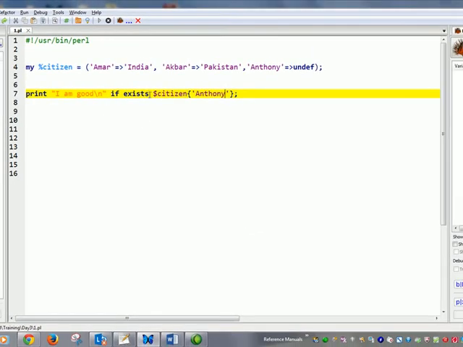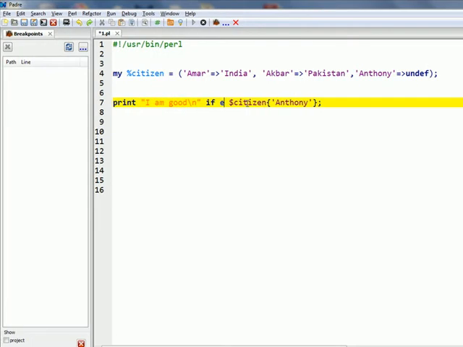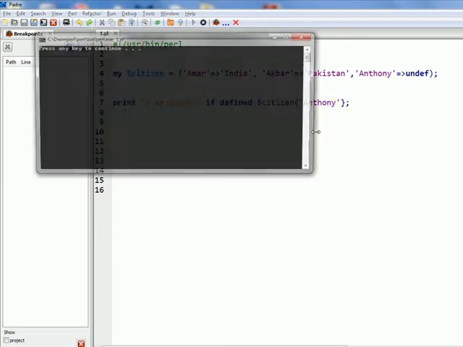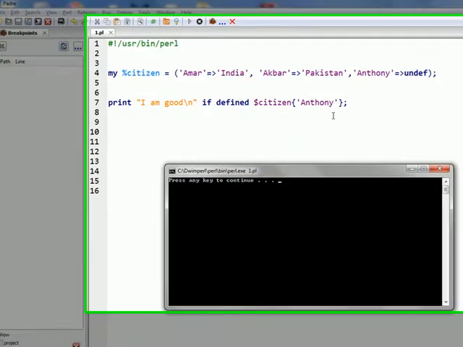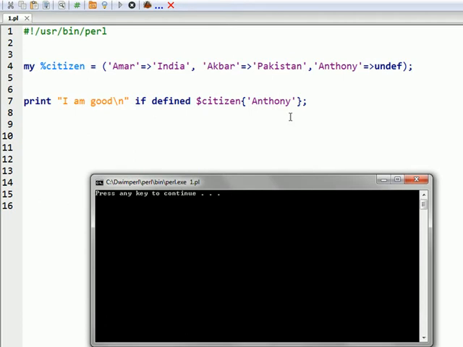Now defined. Print I am good if defined $citizen{Anthony}. Anthony does not have a value, so it won't print I am good. It didn't print anything. If we have an else, it will do whatever there is in the else block.